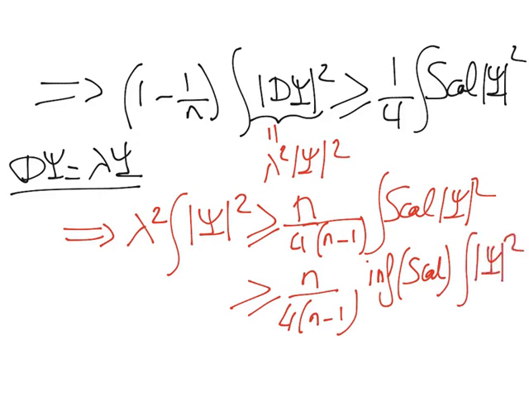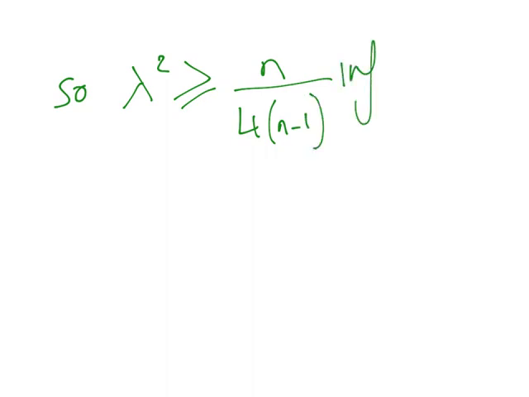But since psi is an eigenspinor, it's not a trivial spinor field. So let's simplify by the integral of the norm of psi squared to get lambda squared bigger than or equal to n over 4(n minus 1) times the infimum of the scalar curvature,